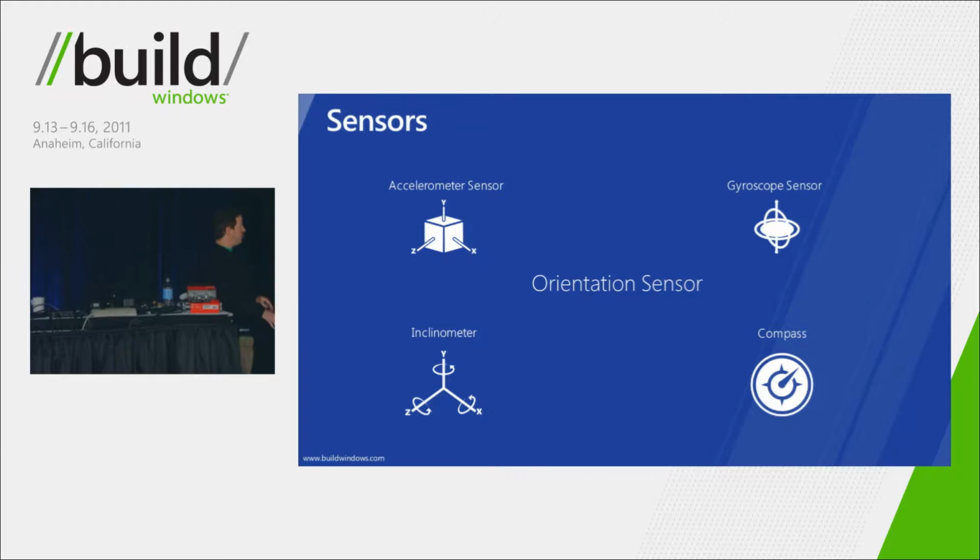So Windows 8 supports a wide variety of sensors. The 5 that I'm going to talk about that are most interesting from a gaming perspective are accelerometers, which measure the force of acceleration along the X, Y, and Z axes. This basically means if your device is flat, you get a 1g acceleration along the Y-axis to correspond to gravity, of course. Gyroscope, which is changes in velocity around each of the axes. This means if the device is flat, you're getting no reading at all, but as you rotate the device in any direction, you get